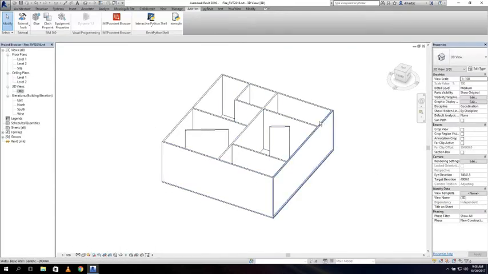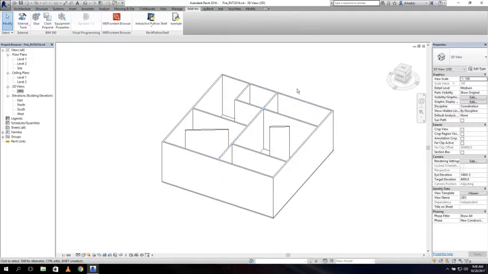In this tutorial we're going to analyze our building with a color range. I have a building right here, I drew it myself. I will put this file in the description so you guys can use it. Just pay attention, it's a Revit 2016 file. So if you have 2015, I'm sorry guys, but I don't think you can open it. I'm not sure, but